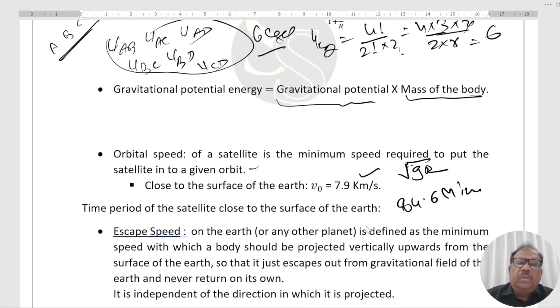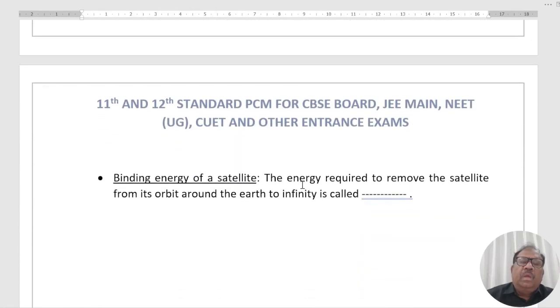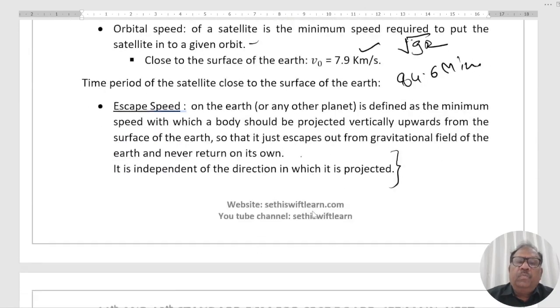What is escape speed? Escape speed on the Earth or any other planet is defined as the minimum speed with which the body should be projected vertically upward from the surface of the Earth, so that it just escapes from the gravitational field of the Earth and never returns to the Earth. It is independent of the direction in which it is projected. V is given by under root 2gR, that is root 2 times v0, that is 11.2